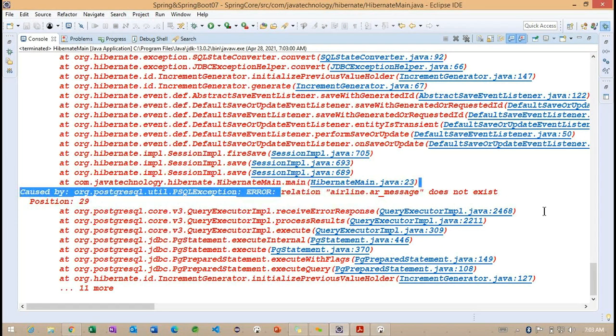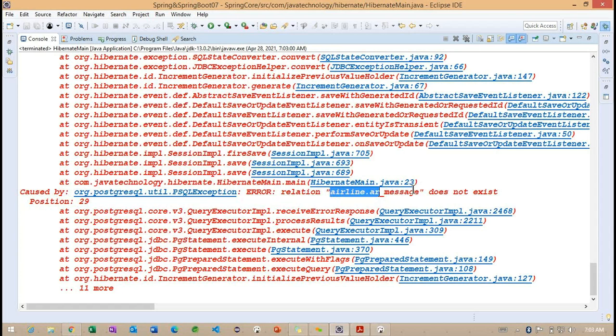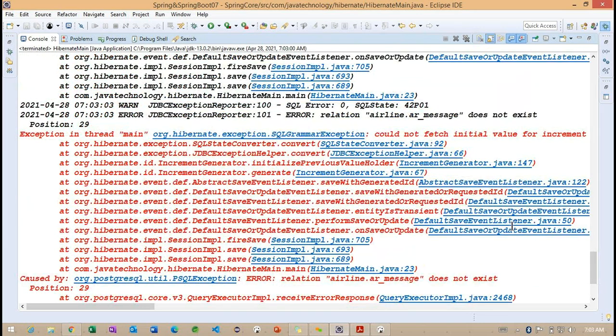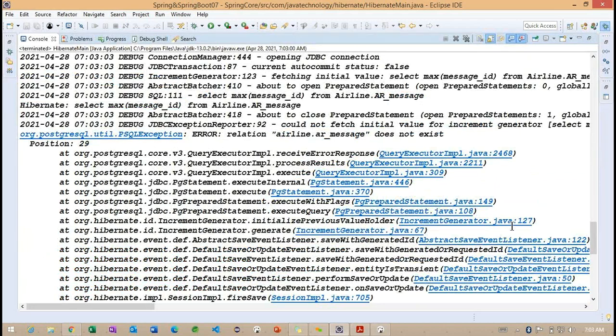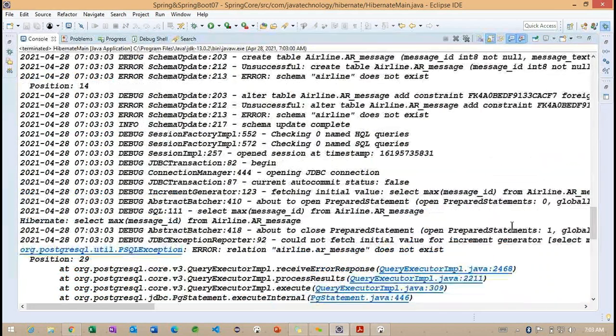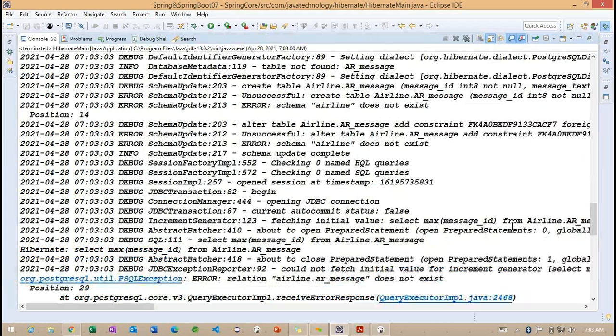Okay, we are still getting this airline error message. Based on this schema, we don't have a table here. But this is going to be created by Hibernate. Even if it is not available, it has to be created by Hibernate. So we need to understand what exactly the error is here.